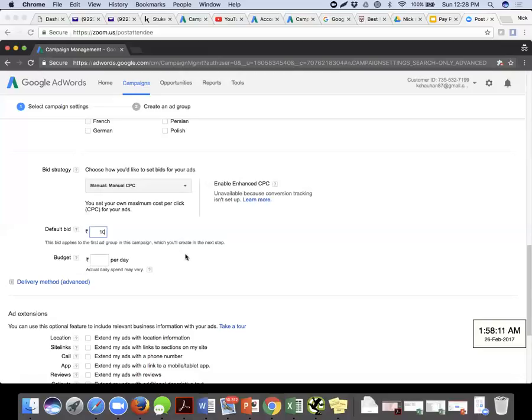Google only gives us quality score for the keywords, and this default bid which we are putting in right now is going to be applied to the first ad group. Every single keyword which we put in the first ad group will have the same bid. But later, when I'm done with creation of my campaign and ad group and so forth, I can individually pick and choose all the keywords underneath this specific campaign and first ad group, and change them from 10 to 10.1, 10.4, 10.5, whatever I want. This is just an initial figure which is needed by Google for sure, but at any given point of time, I can change it further at keyword level.